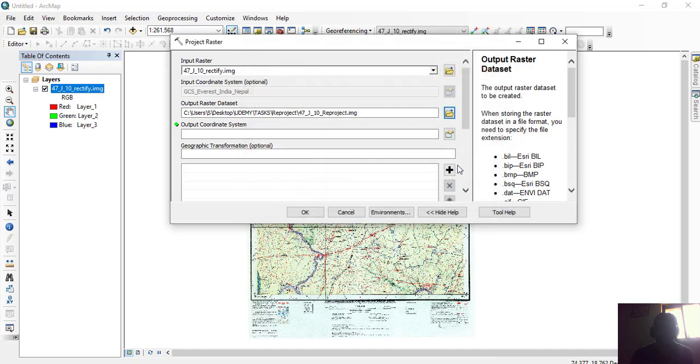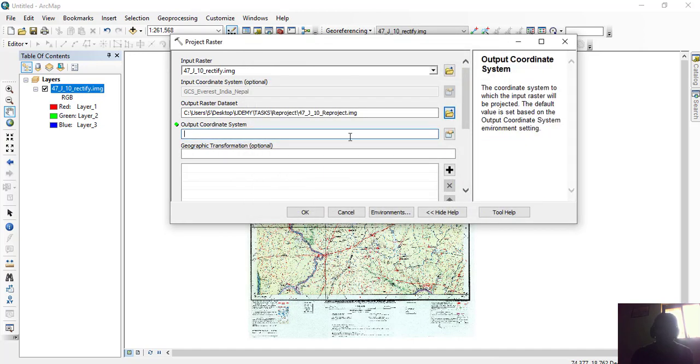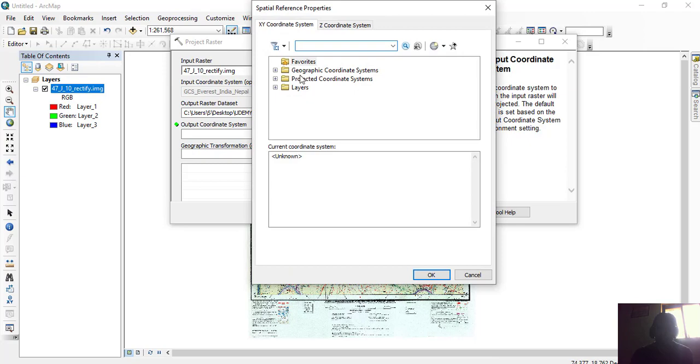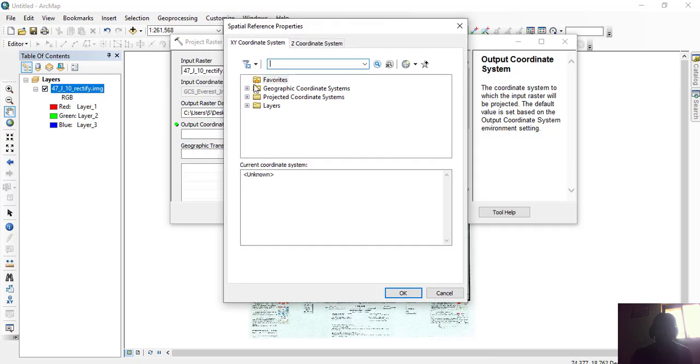Then say save. Then here we have to assign a new coordinate system, that will be a projected coordinate system, from here. So you can see the new window is open, and in that we have to browse for projected coordinate system from here. Just click on this plus sign.